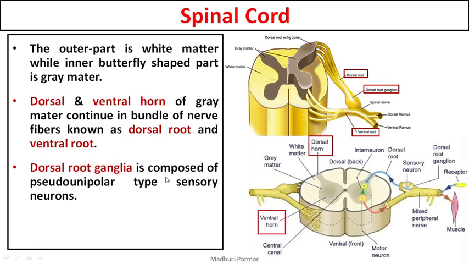The dorsal root ganglia is composed of pseudo-unipolar type sensory neurons. Okay, this is more clear in the bottom diagram. You can see here is your sensory neuron, which is pseudo-unipolar in structure. Just go ahead and refer to your types of neurons, and we have studied this type of neuron, which